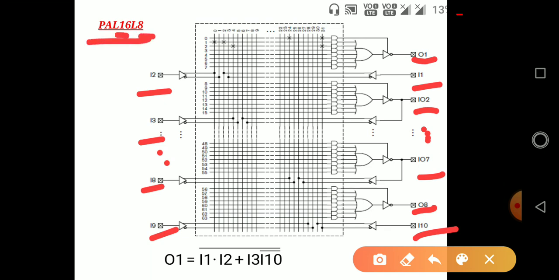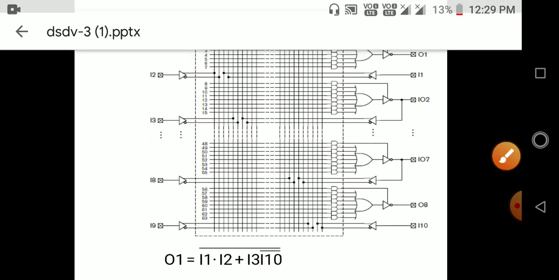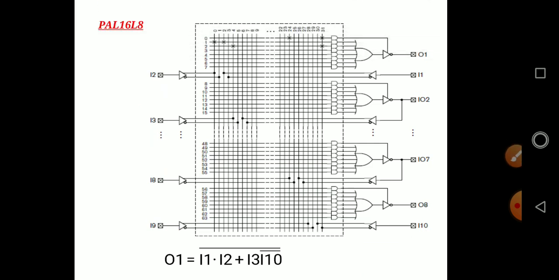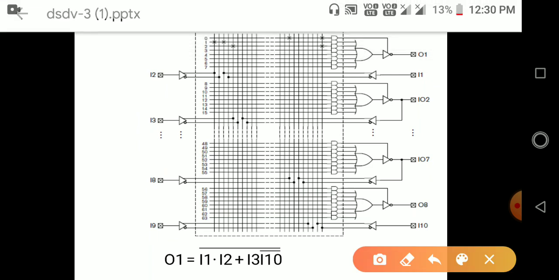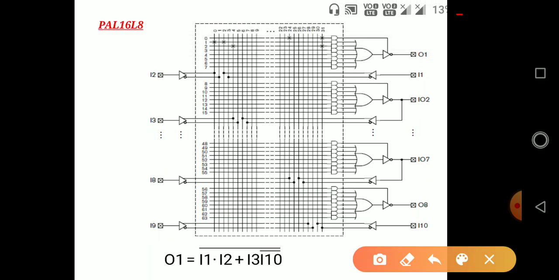And as I already explained, the output Boolean expression can be obtained by using fuses which are intact. So let me take an example here. Before going to that, let us discuss what signals are carried here. The vertical signals, that is the signals from 0 to 31, carry the input signals as well as their negations. And the area in the dashed box is a programmable AND gate.